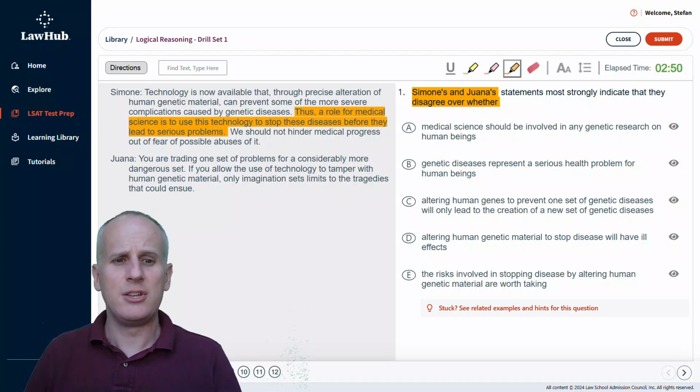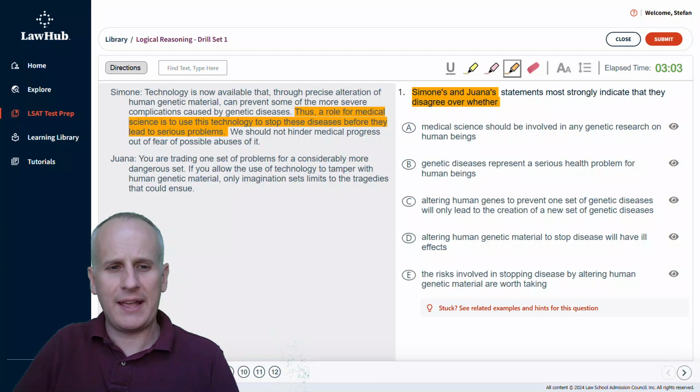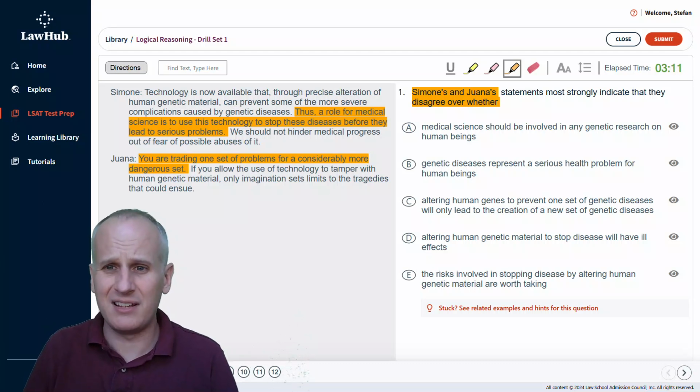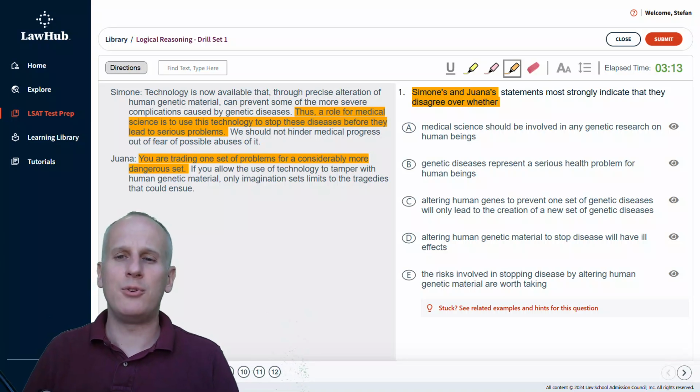So Juana states, you are trading one set of problems for a considerably more dangerous set. If you allow the use of technology to tamper with human genetic material, only imagination sets limits to the tragedies that could ensue. And Juana's conclusion is quite clearly this opening statement, because what comes after that is going to be her supporting evidence, as limited as it may be. So now you keep this